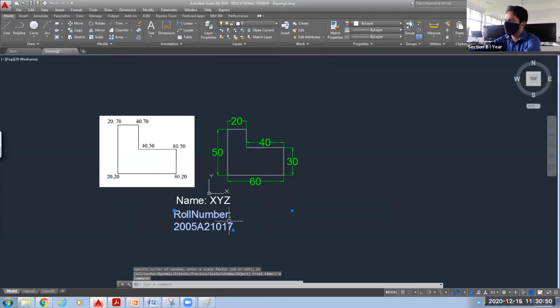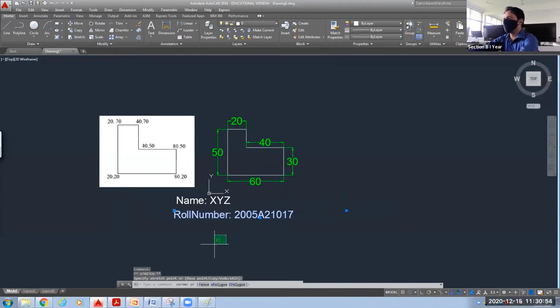But you can see this number is coming down, so we will stretch it like this. You can again move it to make the name and roll number in one line. Okay. So name and roll number is written here.